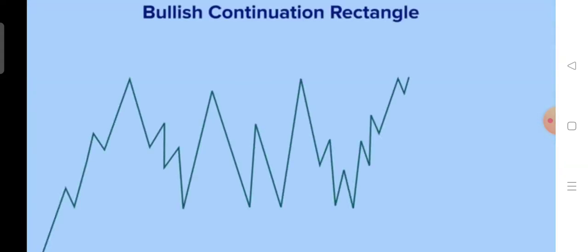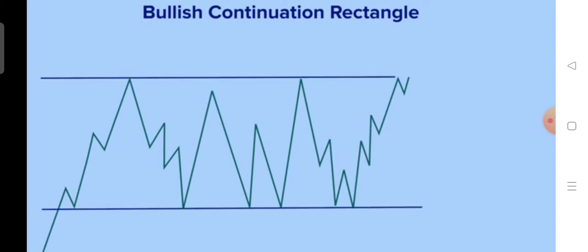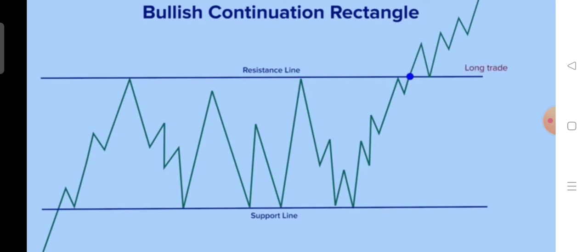Suppose we are talking about a continuation pattern. That means after an up move, there is a rectangle and the price breaks out above the rectangle. In such a scenario, a person should take a long trade with a small stop loss just below the upper line of the rectangle. If it was a false breakout and it comes back and hits the stop loss, then it is okay. Otherwise, if it doesn't come back, or if it retraces to the resistance line only, then there is a secondary entry opportunity. And from that, if there is an up move, someone should trail the stop loss and the stock should go higher.